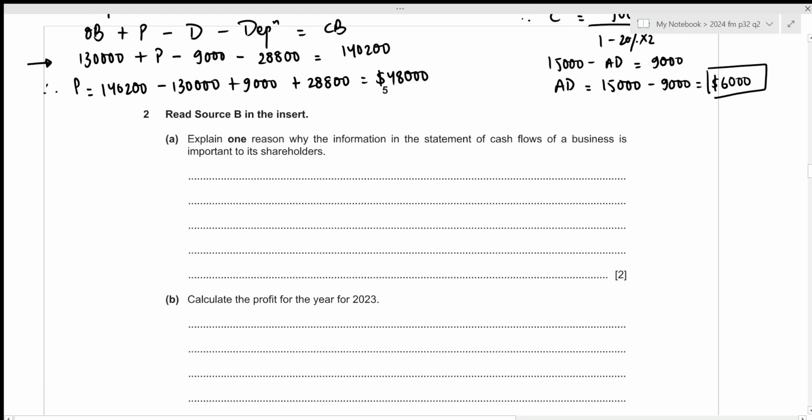We need to explain one reason why the information in the statement of cash flows of a business is important to its shareholders. Alright, remember that the statement of cash flows will show the sources of internal financing as well as the external financing, which will help the shareholders to assess the viability of the business. So that is one reason why the information is important to shareholders. Let's write it down. The statement of cash flows